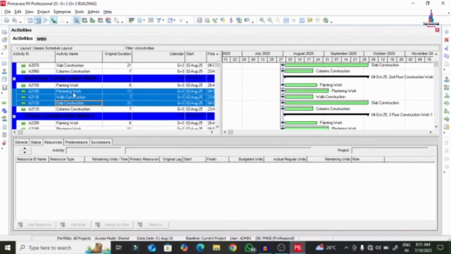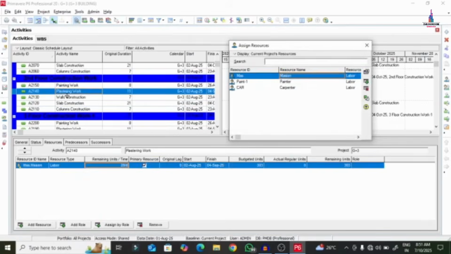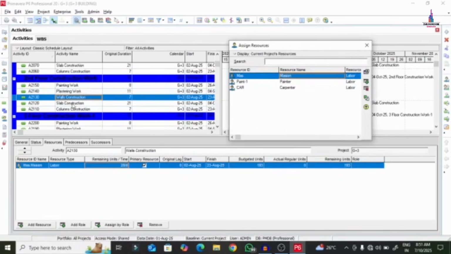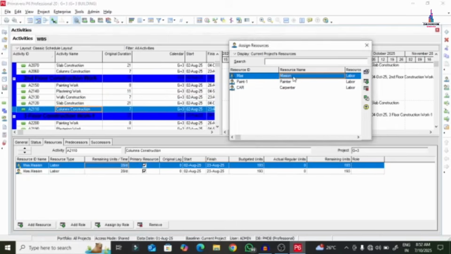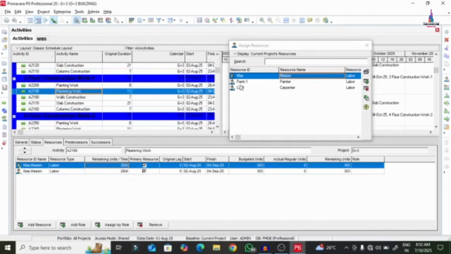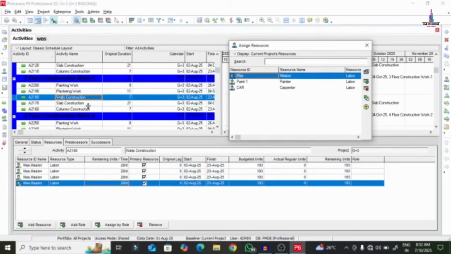Sorry, we will add one section so that you will be able to understand. Add a resource. Click on the mason. Again we will select mason, construction, mason. Okay, again in the same process: plastering, mason, walls construction, you can add as a mason, slab construction